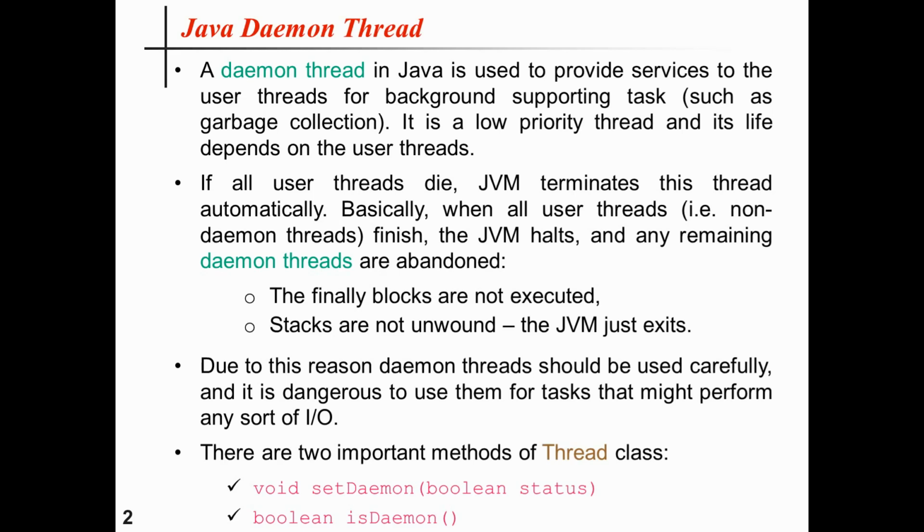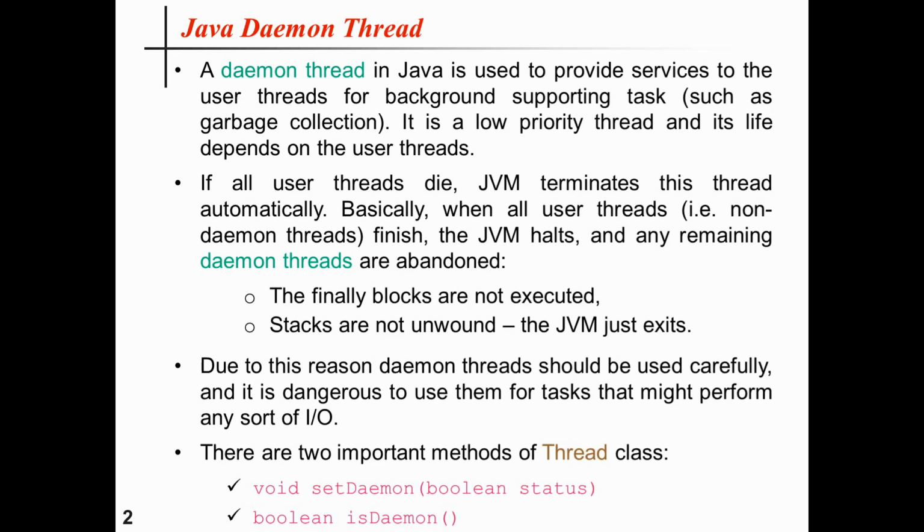This particular method is used to mark the current thread object as a daemon thread or a user thread. So if the parameter being passed is true, that means we are marking this thread as a daemon thread. Otherwise, if it is false, it is not a daemon thread. I mean to say it is basically a non-daemon thread. The exceptions attached to it are IllegalThreadStateException, if this thread is active, and SecurityException, if the current thread cannot modify this thread. That is for the first one, void setDaemon boolean status.